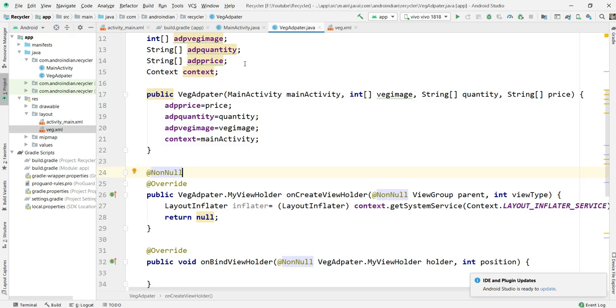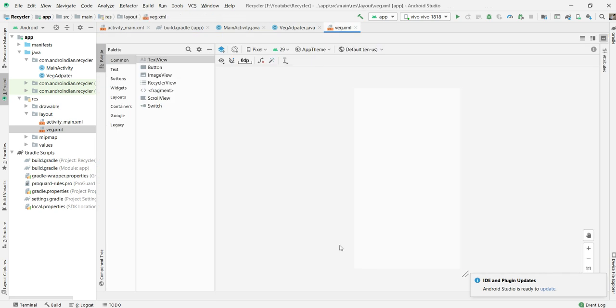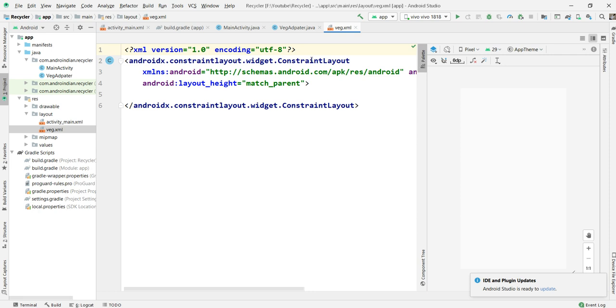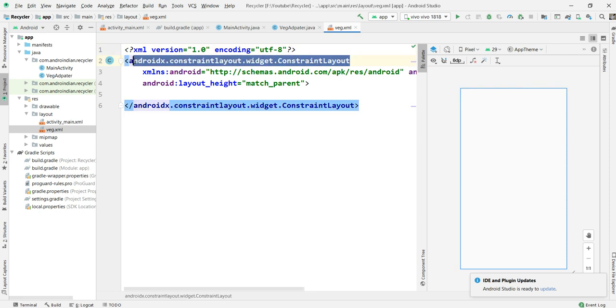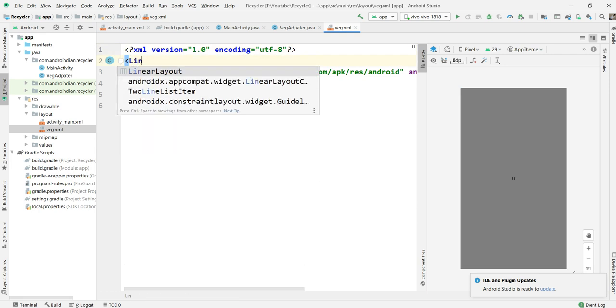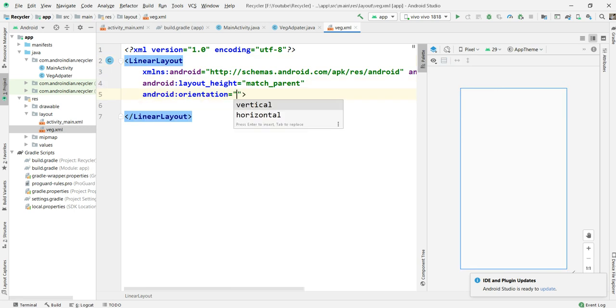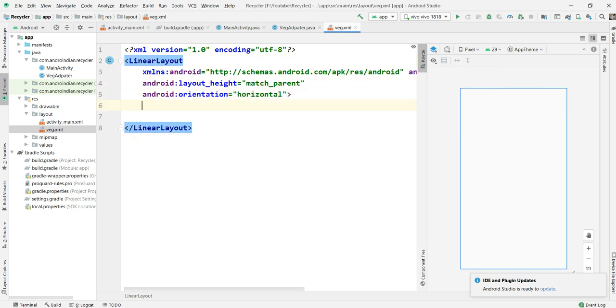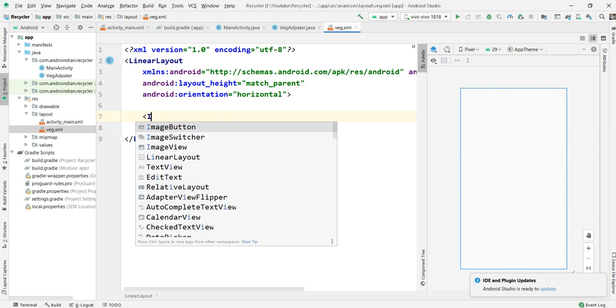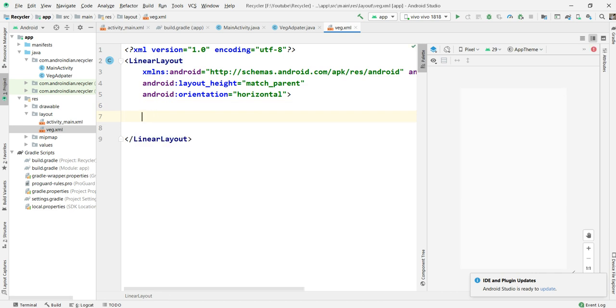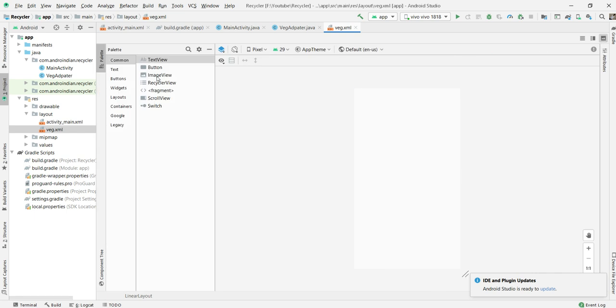Then you can design this XML however you want to show it. In this XML I want to show one image followed by text, so I'm taking a linear layout with orientation horizontal. Then I need one image view and two text views. I can just drag and drop one image view.